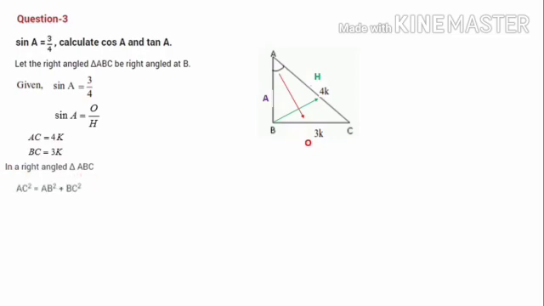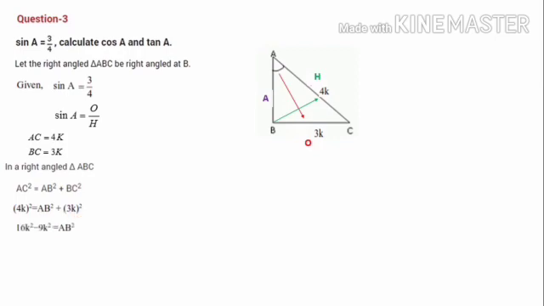In right angle triangle ABC, AC square equal to AB square plus BC square. Why are we using this? Because there is a side AB which is left over, with no measurement. We have to calculate AB, then only will we be able to calculate the trigonometric ratios. So it's necessary to calculate AB, so we use the Pythagoras theorem for calculating one side of a right triangle when the two other sides are given. Then substitute it. AC is 4k, so 4k the whole square is equal to AB, we don't know, just write AB square only, plus BC is 3k, so 3k the whole square.